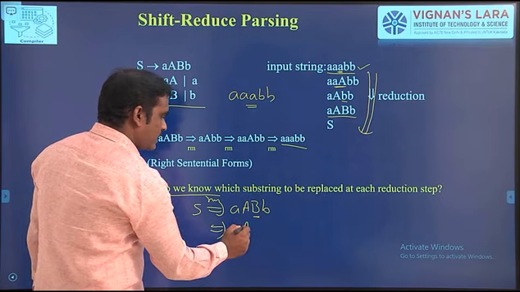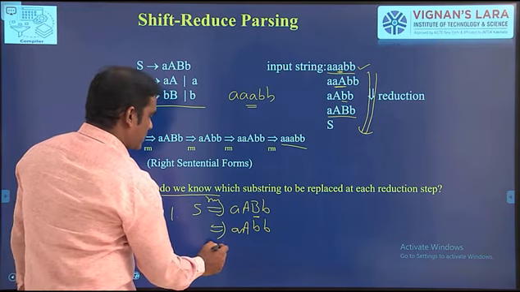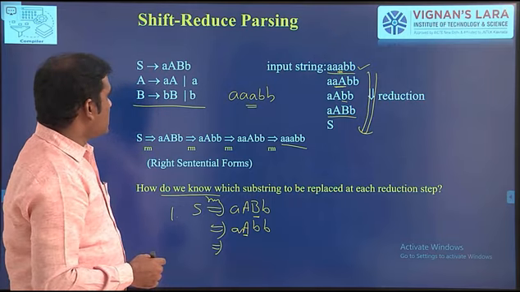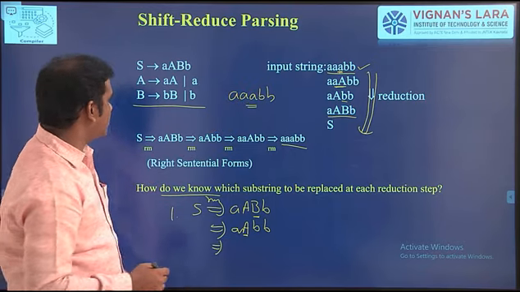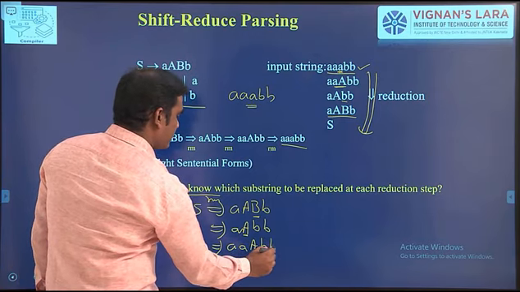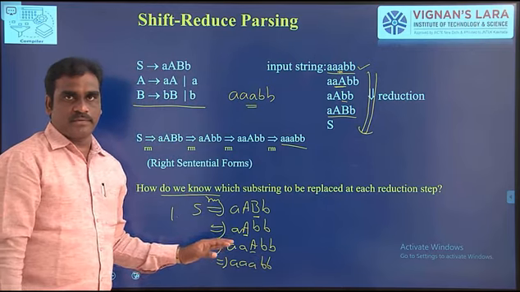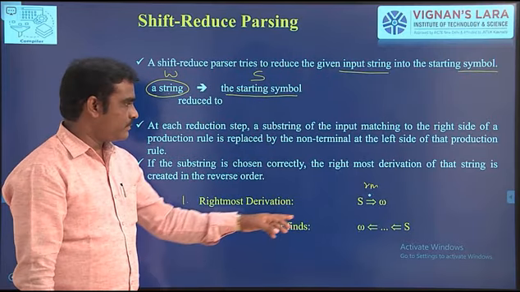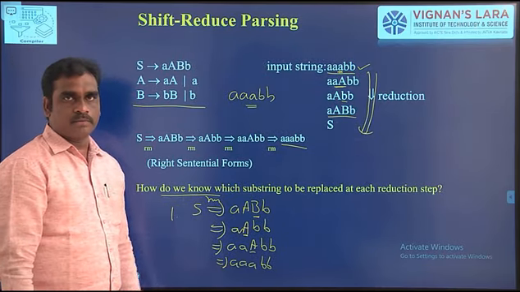So this B is replaced with b followed by B. Next one. Now A, because in the right hand side we have only the single non-terminal symbol A. Now A is replaced with, I want to derive triple a, so it is only one a. So A is replaced with aA. And then bB. Next one, A is replaced with a, bB. So this is the rightmost derivation. So this is step 1: first perform the rightmost derivation, S to W.